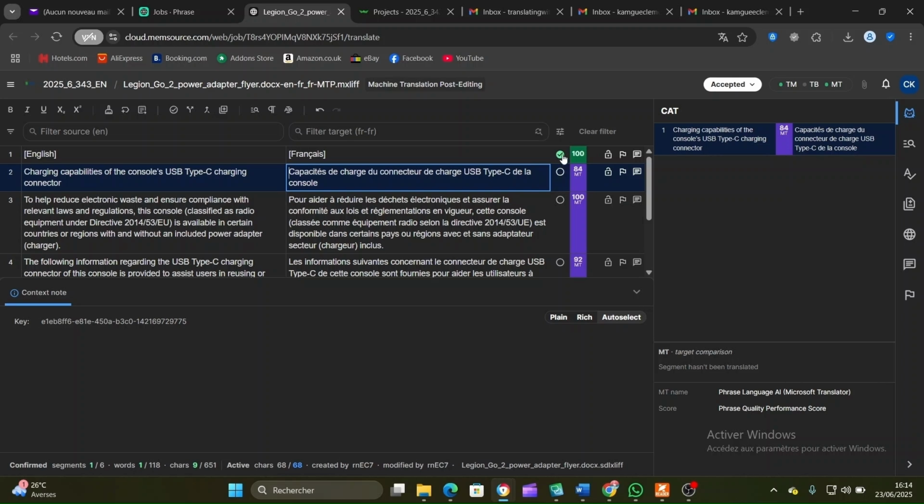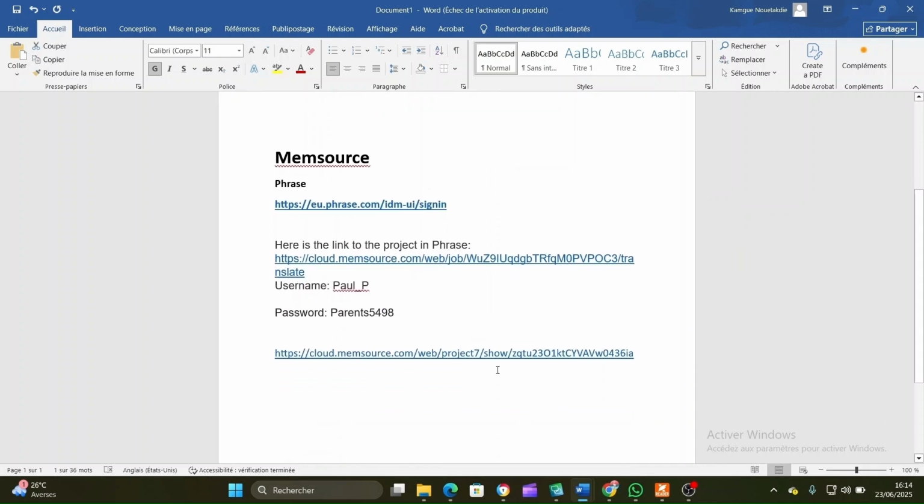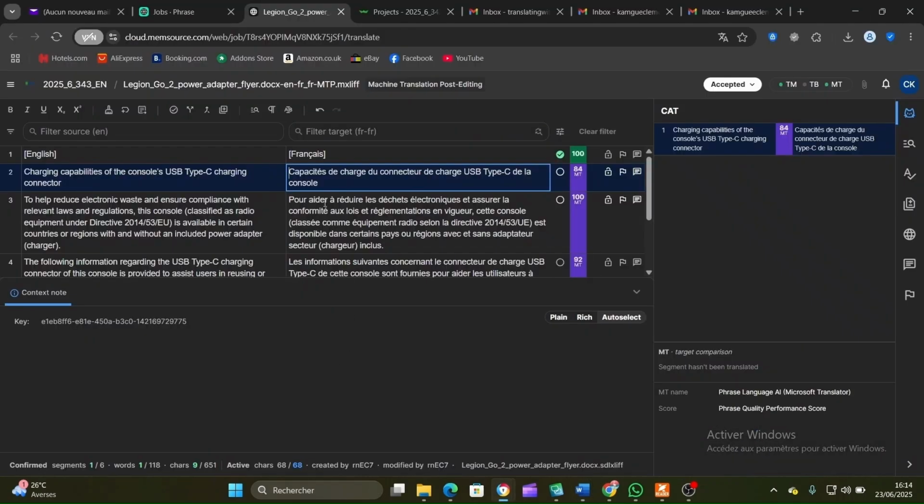I check now the second, and once I have finished, I need to do the same. I still need to come and click here once I check that it's okay, so that I can confirm it. See, meaning that we should not forget that these are just simple instructions. The link you receive from the company, that is where you will open it. Go to the editor view as you can see here, and then either you do a correction from scratch or you do some proofreading, and then you move on with the job